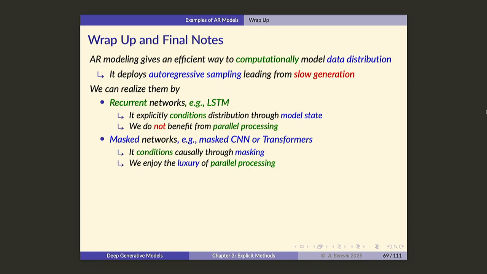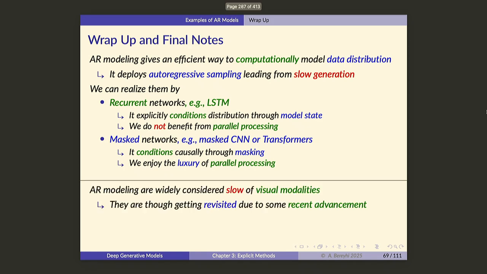They just use masking to make it precisely autoregressive modeling, but they do not need to really compute any explicit state. Because of that, they can do the processing in parallel, right? So that's it. One thing is that for visual data, for a very long time, and still now even,